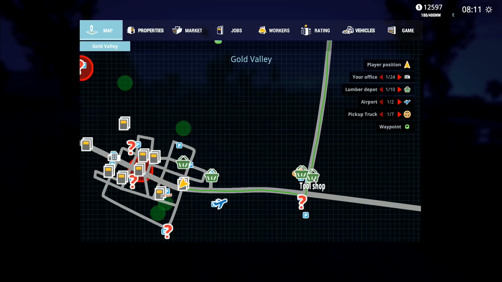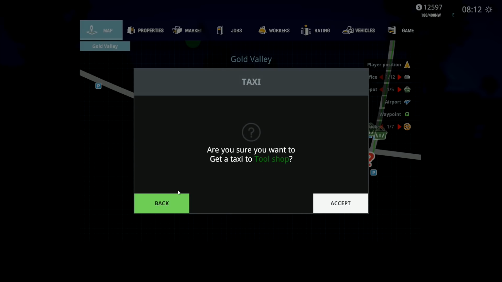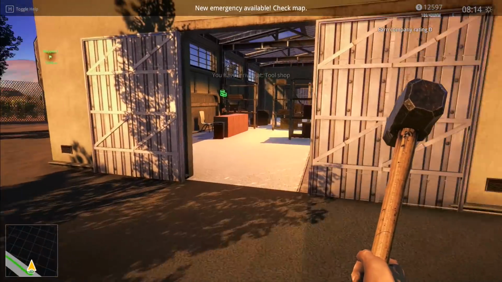What's this doing? Why am I not at the tool shop? I want to go to the tool shop. Tool shop. Sure you want to get it? Oh, I think I said back. Accept. Right, you have arrived at the tool shop, and we've got in here...